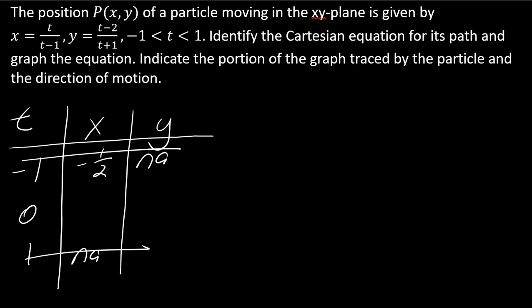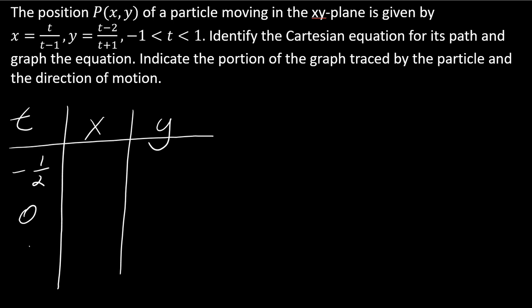So that's something that you'll encounter as you're going through these. And so then, of course, what are we going to have to do? We're just going to have to recalibrate. So, okay, no problem. We can totally do that. So I just have to choose some different values that are more useful in this case. So I can use -1/2. And at -1/2, that will give me +1/3. And then if I plug in -1/2 into my y, I get -5. If I plug 0 into these, so this will be 0, and then this will be -2. And then if I plug in 1/2,